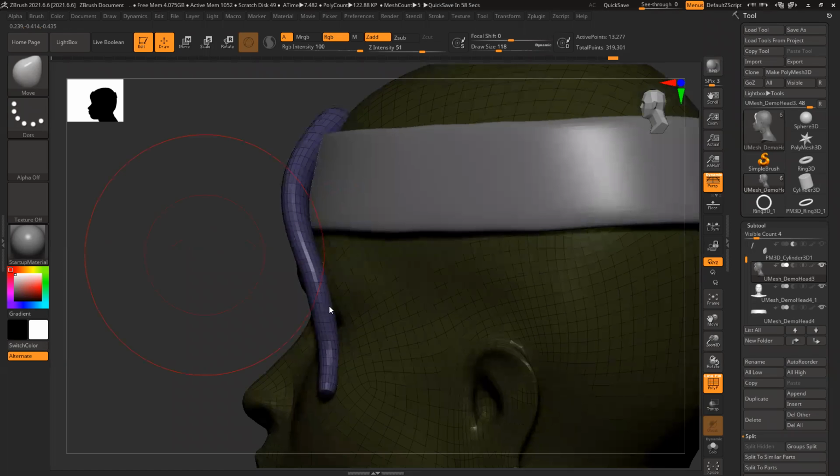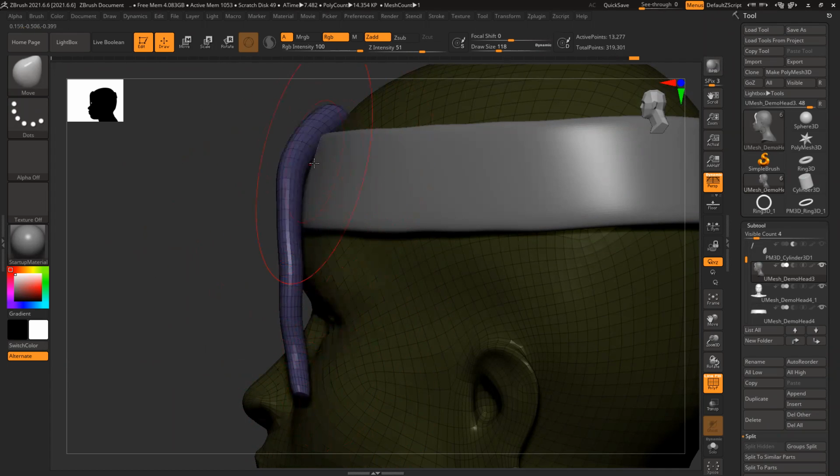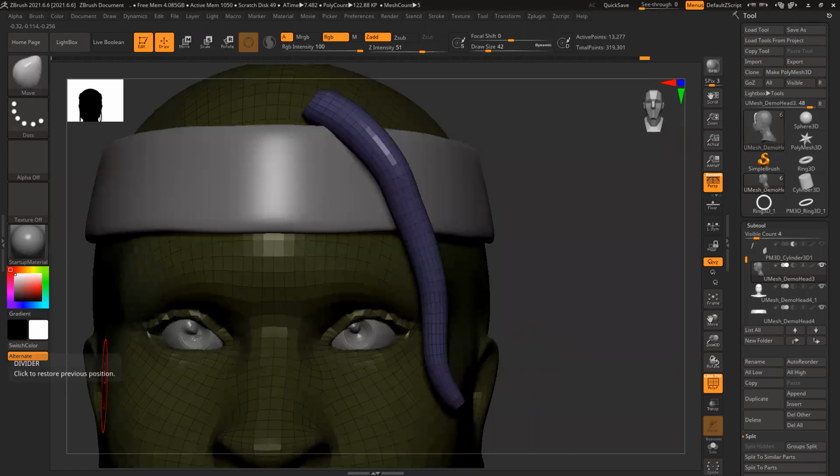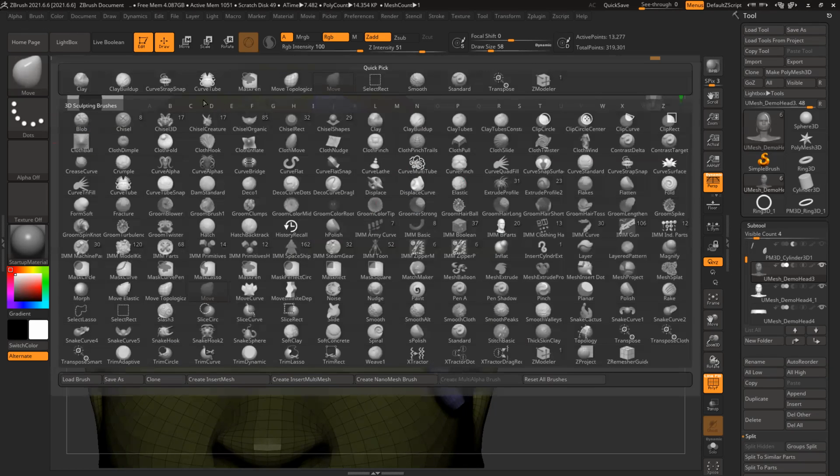From the left side, it's almost straight. So to match it from both sides, front and side, go back to my curve tube again.